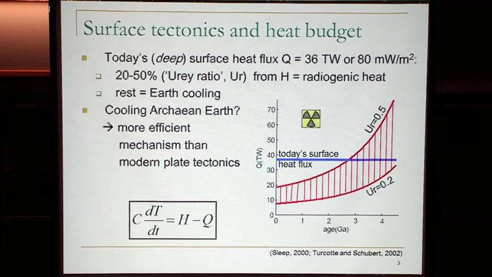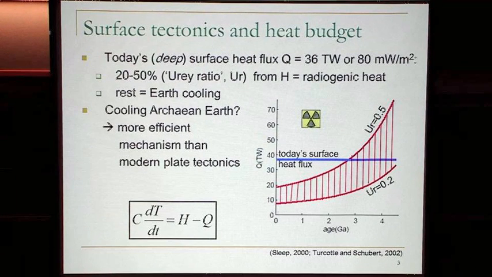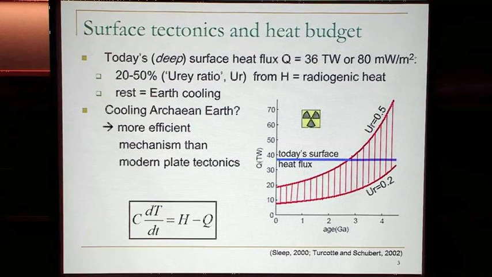If we assume 20 to 50%, that's referred to as the Urey ratio, 20 to 50% of today's surface heat flow. So today's surface heat flow is the blue line over here. 20 to 50% of that are the two red lines over here. So today we are over here. If we extrapolate this back in time, because of radioactive decay, we had more heating in the past. So these curves might blow up to this range here. And as you can see, if we make the rather crude assumption that the amount of heat escaping through the Earth's surface never changed through time, then if we go far back enough in time, we might have had more